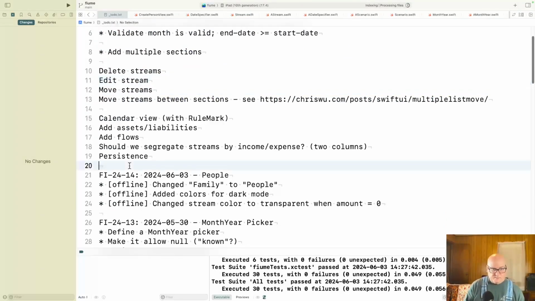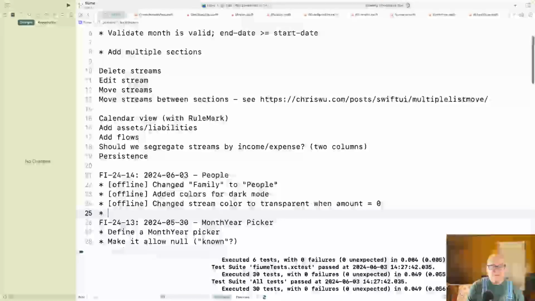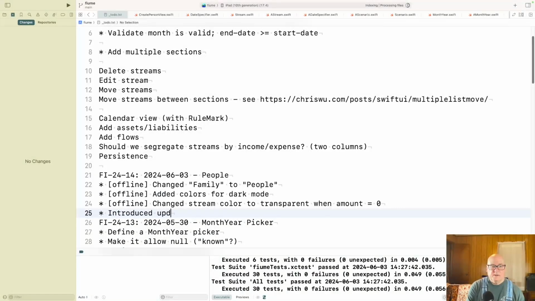Okay, so let's see. So what did we do? We introduced update overridden by. Oh, I guess it was using for date specifier.